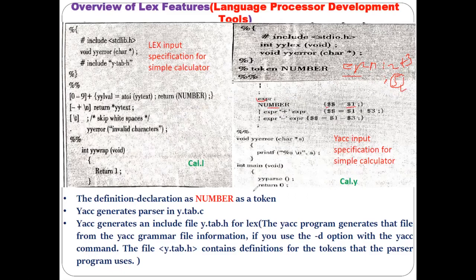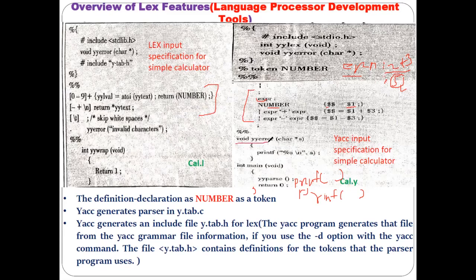So in this program something is missing. Here we need to take the printf, and you need to take the input also, like 2 plus 3 that I am telling you here. Also you need to display the result of that addition. That is not there, but just for the understanding purpose I am telling you what exactly the rule section is. In the practical session you will understand all this clearly. Here, just for the understanding purpose, I am trying to tell you what exactly the rule section of the yacc program is as compared to the rule section of the lex program.